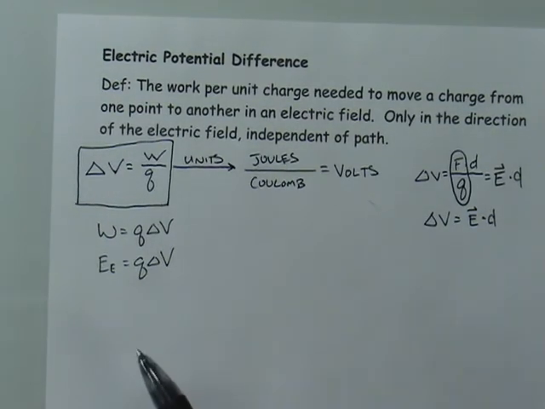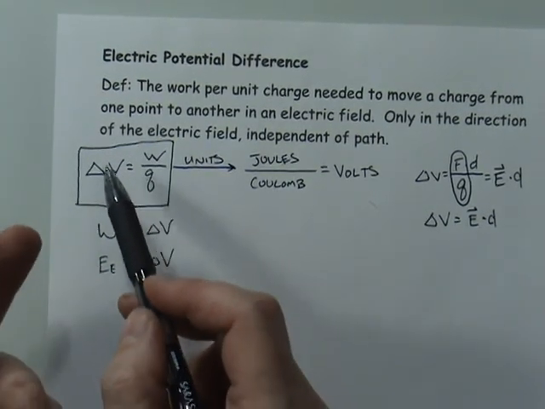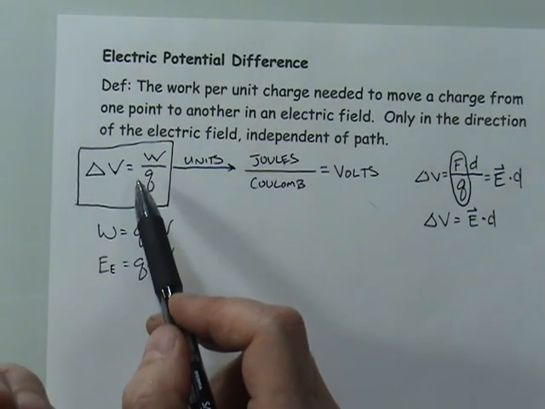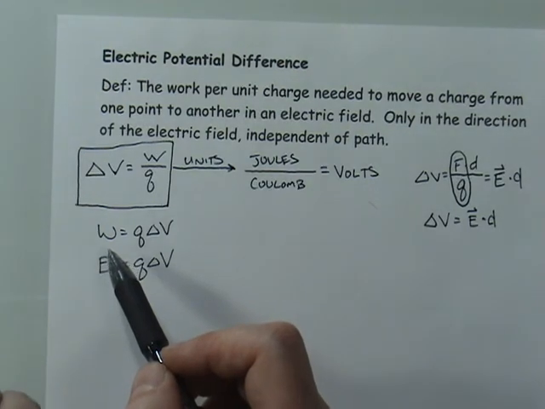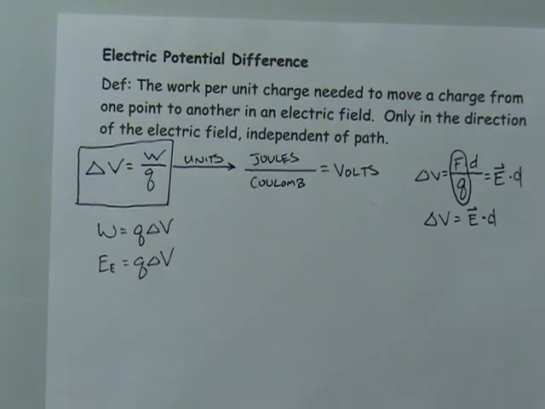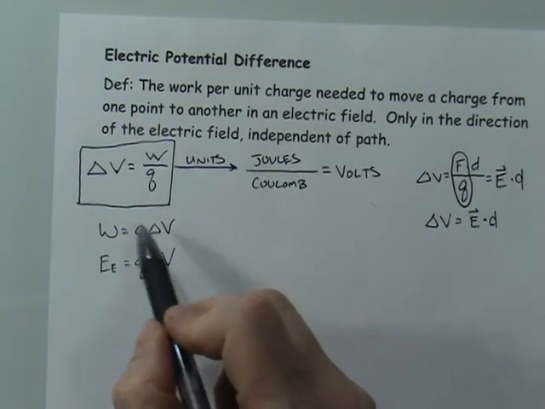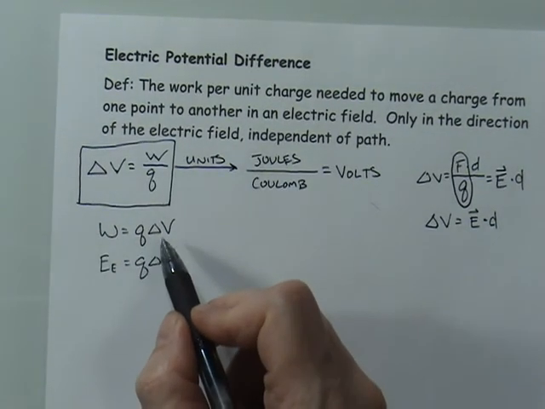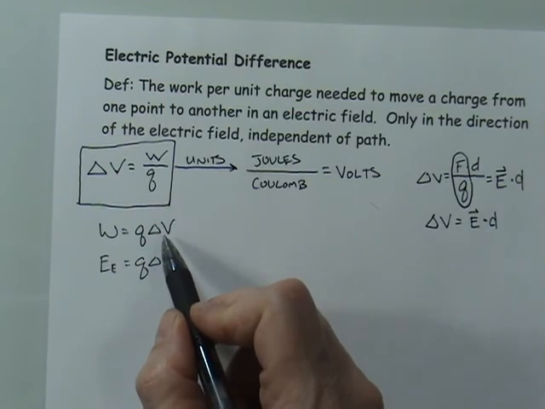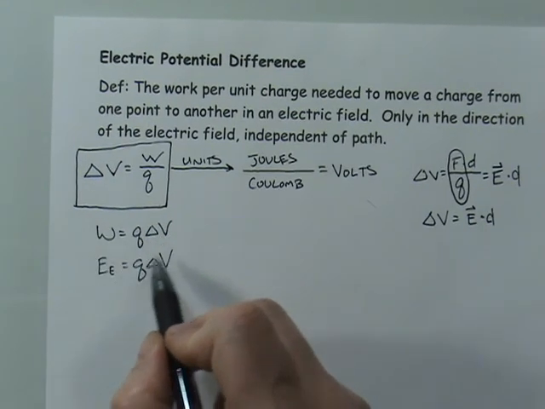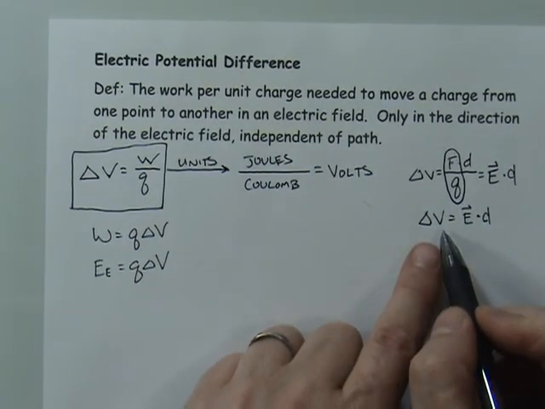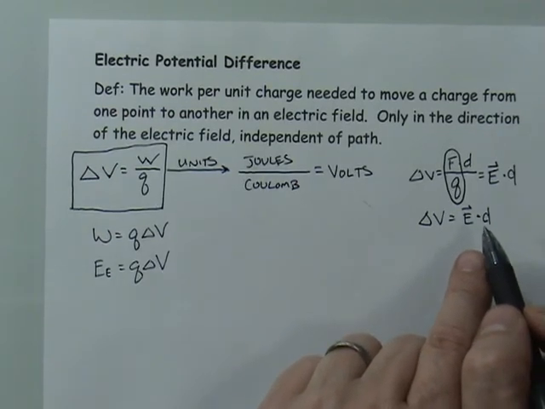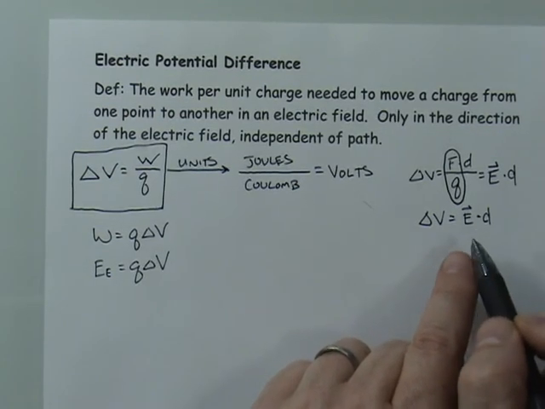So this is an incredibly important equation, because while the earlier one is the definition of electric potential difference, most of the time we will probably use this equation to figure out how much energy this thing had. How much energy did this electrical system either produce or take in? This is the way that we're going to do it. It's going to be the charge times the change in electric potential. Now that probably doesn't look really familiar to you, so I'm going to make one little substitution. If you remember, I said that the change in electric potential difference is also equal to E times D. So I'm going to make a little substitution right here